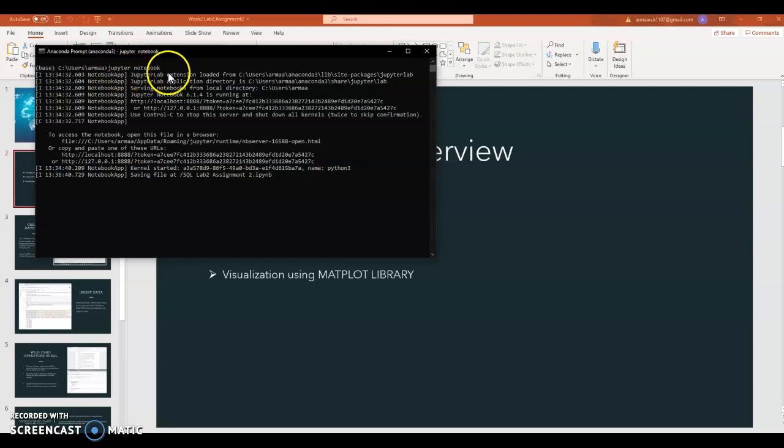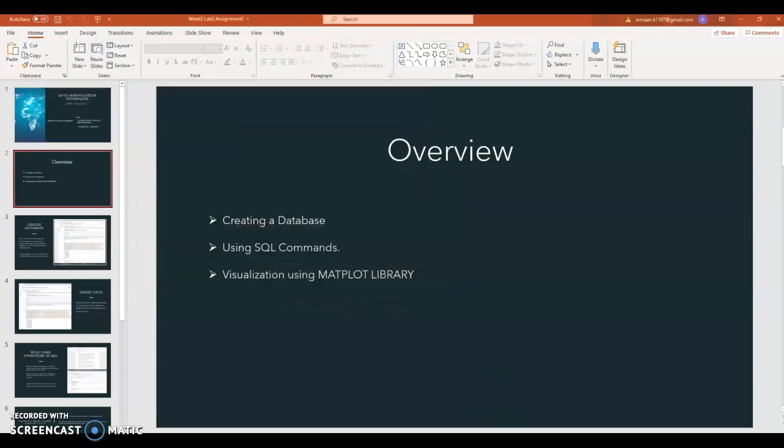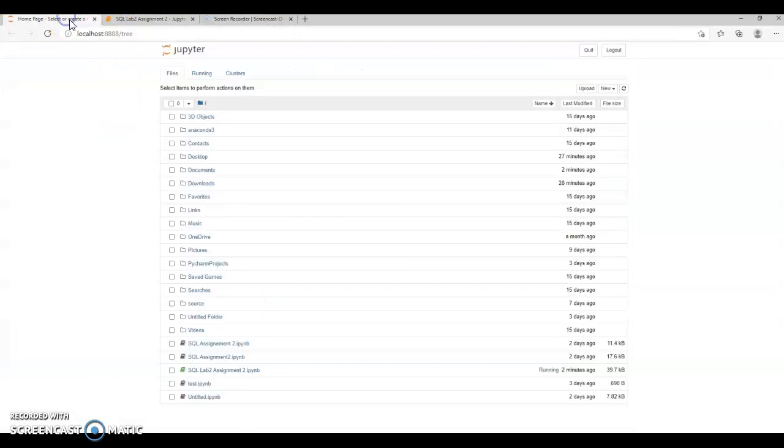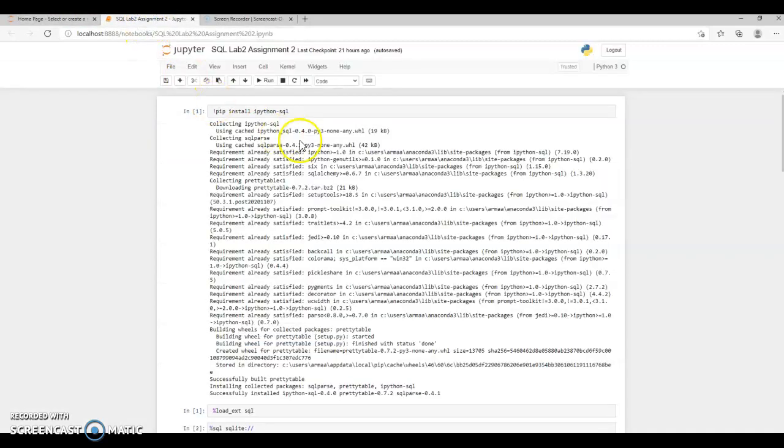write Jupyter notebook in our Anaconda command prompt. Once we write it over there, a window will open, such as the Jupyter notebook. The home page will open over here, and after that we need to put down our assignment name.